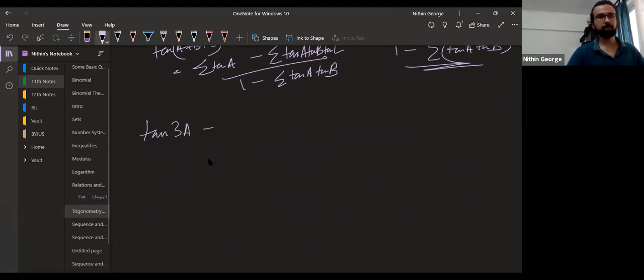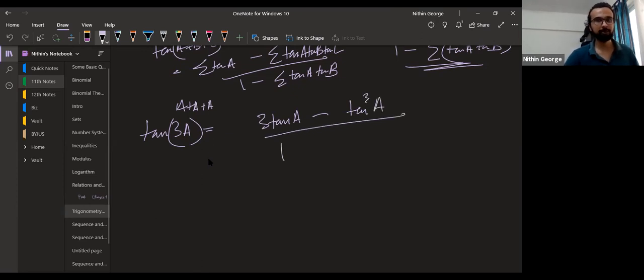If you know this before, tan of 3A will be a piece of cake. It will be tan A plus tan A plus tan A. You write it as A plus A in your mind. So you'll take the sum 3 at a time, which is nothing but 3 tan A, 1 at a time, minus the sum taken 3 at a time. That will be tan A into tan A into tan A, which is tan cube A, divided by 1 minus